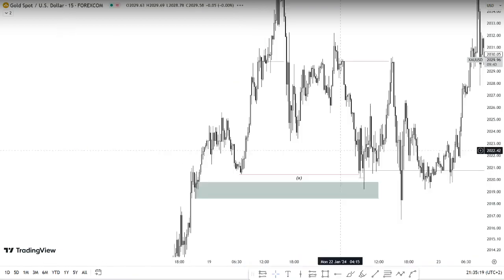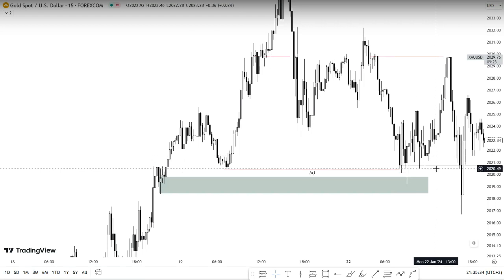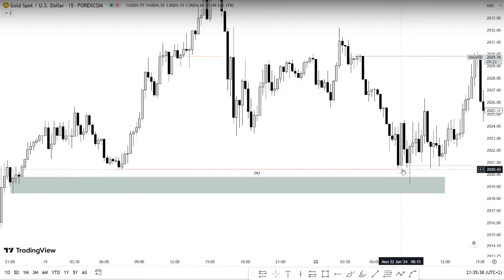we discussed, because this one was a bit in depth. It's not like the 1 hour entry areas and also the M30 entry areas. We saw price printing out a fake area of support and then printing out a new area of support later on. So once price behaves like this, creates a fake area of support, just wait for it to trade into that higher time frame area of support, right? And then